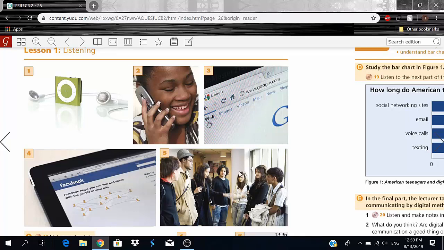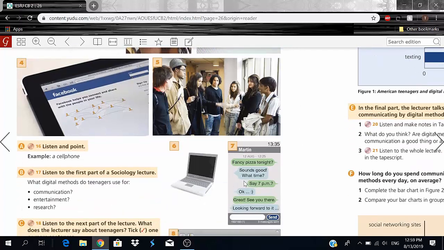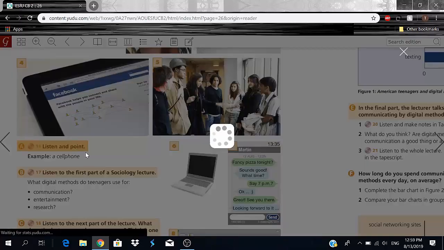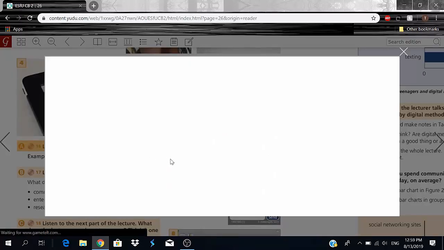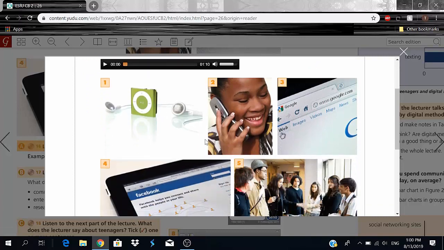I know for me personally, I see a social networking website here, Facebook. I see people talking face to face, for example. I see text messages. Things of that nature. So now we're going to hop into exercise A, and we're going to listen to the audio, which contains words for these pictures. You guys know the drill, you have to point them out or write the numbers down.